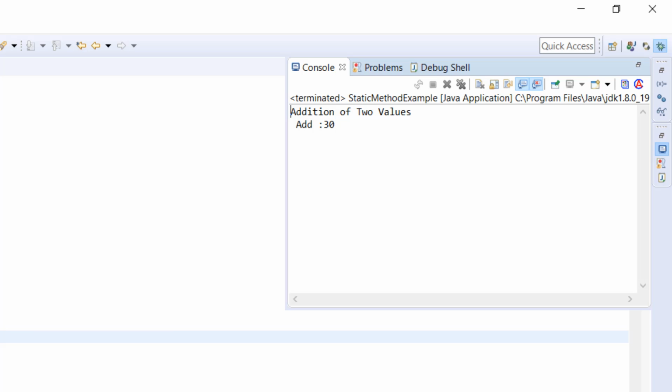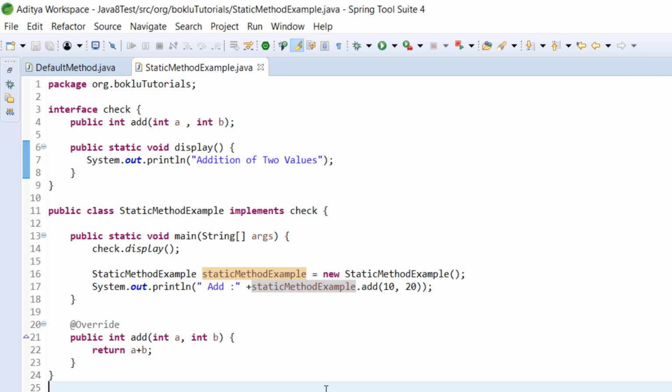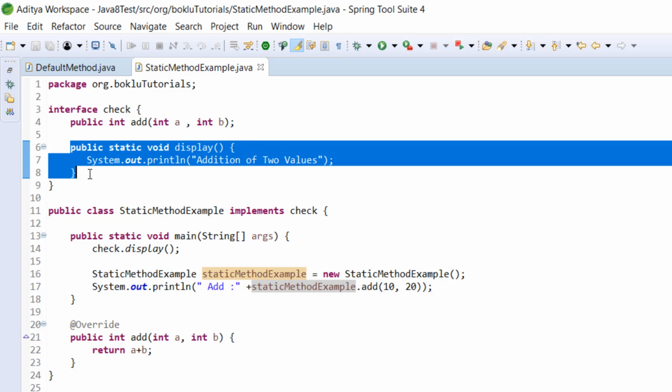So we can see that first we are calling a static method that is saying addition of two values, and after that we are doing the operation. From this example we can understand that the main reason Java 8 introduced static methods inside an interface is to provide utility methods to perform common reused functions, so that every time we execute a certain type of operation, this static method will execute and provide a statement.